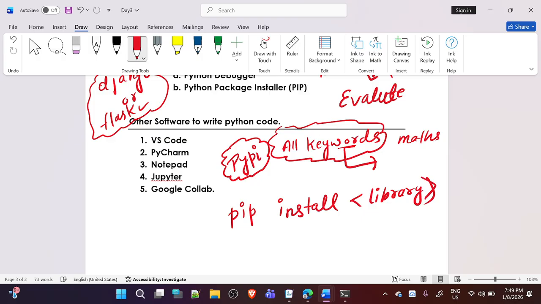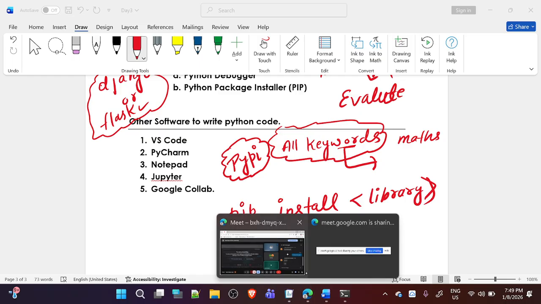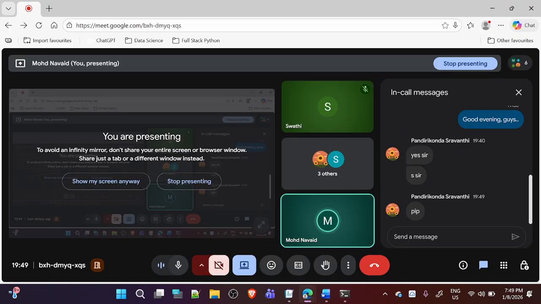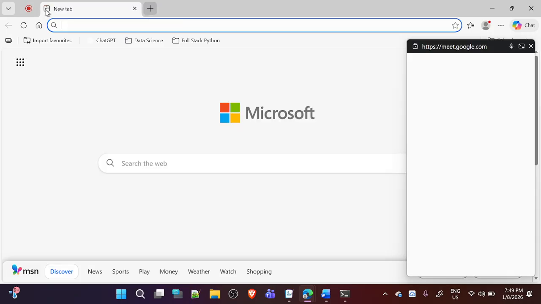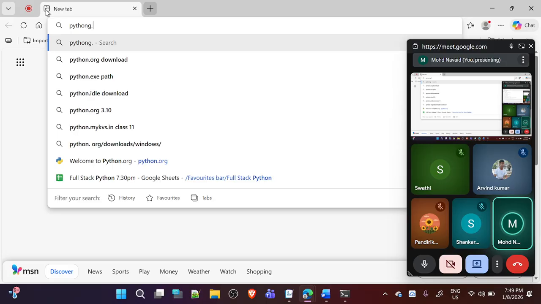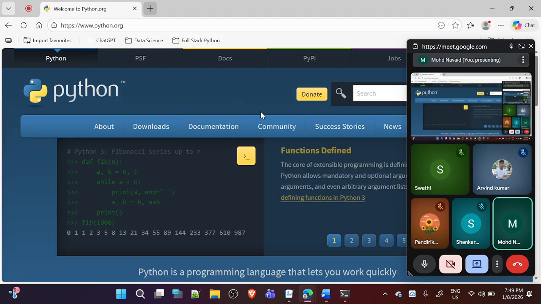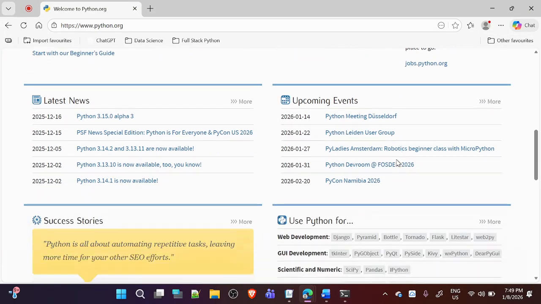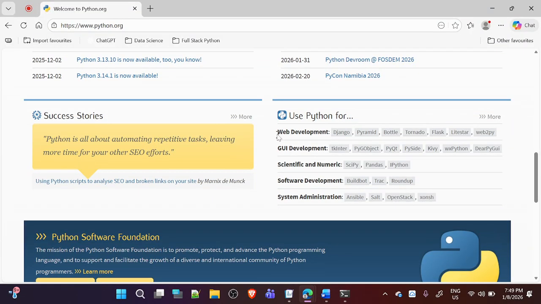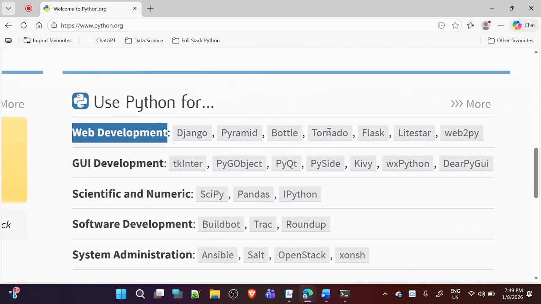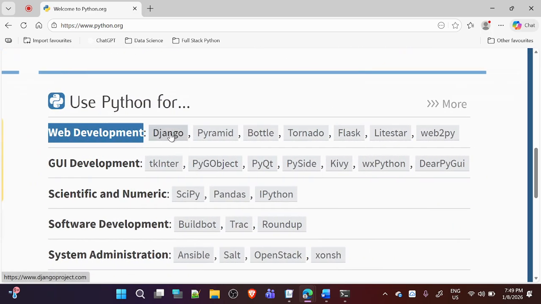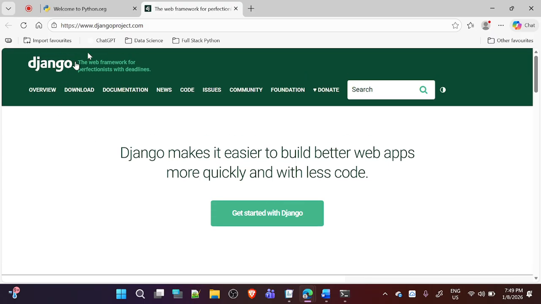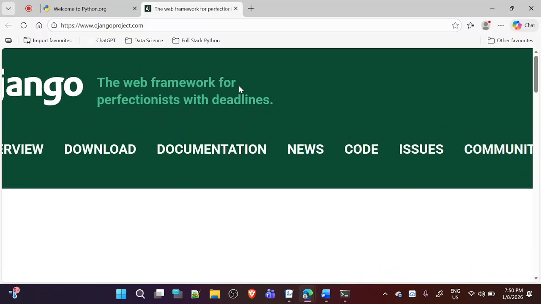Correct? Okay, so what libraries are there? If you want to see some standard or popular libraries, you can go to python.org. On python.org, you can see some domain-specific libraries. For web development, the specific libraries are like Django. If you click here, you can see Django is the web framework for